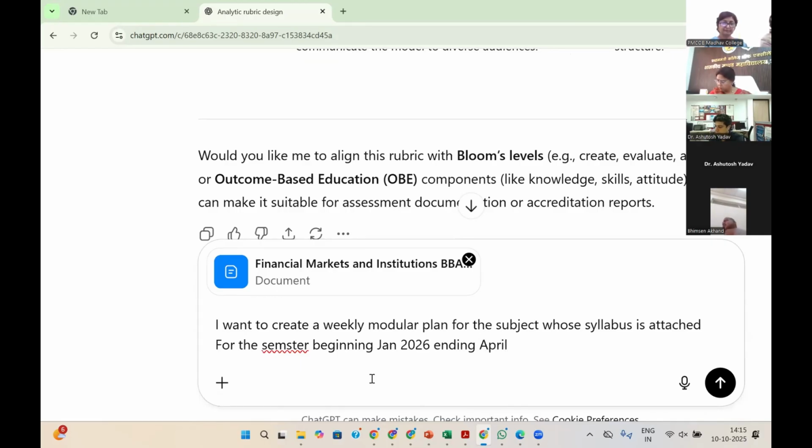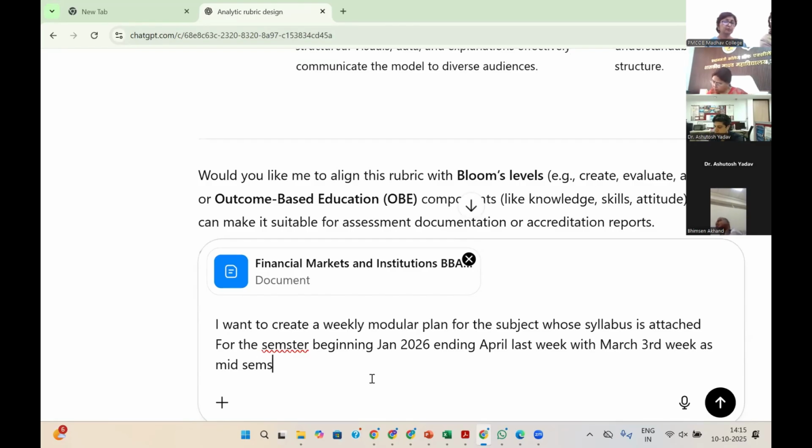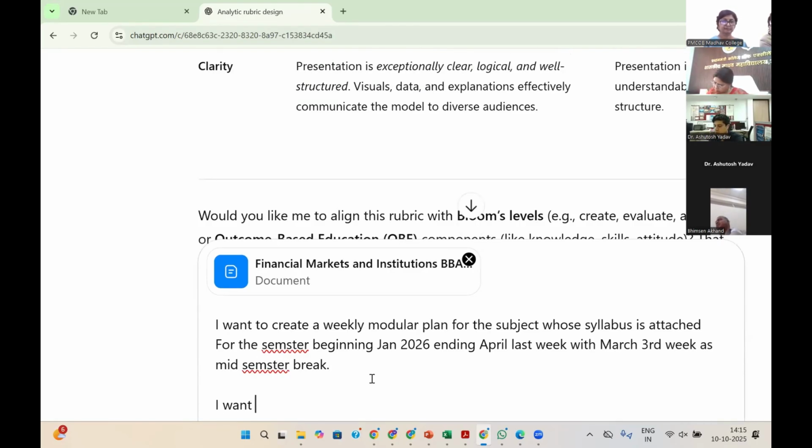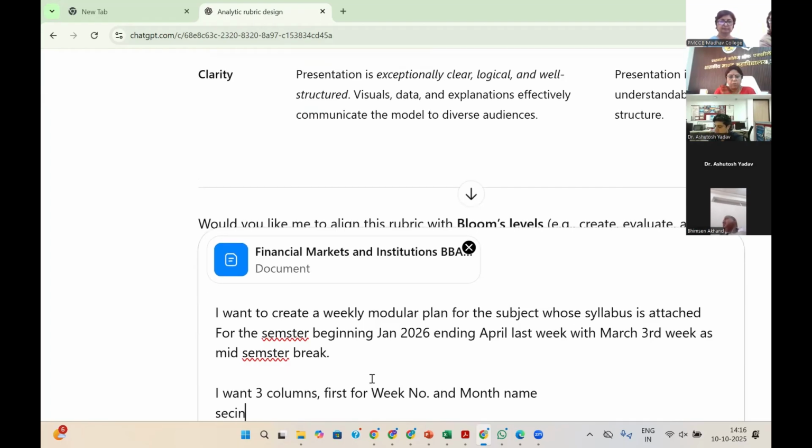For the semester beginning January 2026, ending April last week, with March third week as mid-semester break. Now I also want to define, I want 3 columns. First for week number and month name. Second for